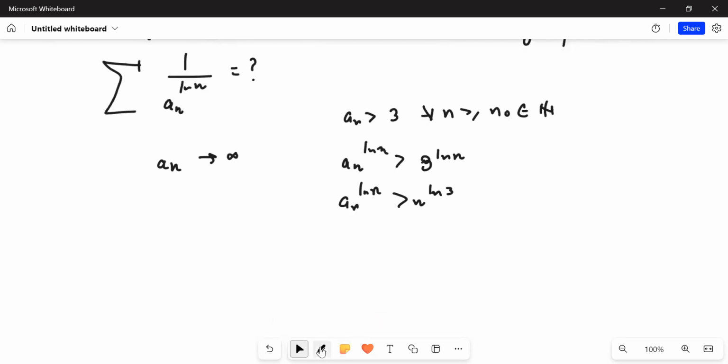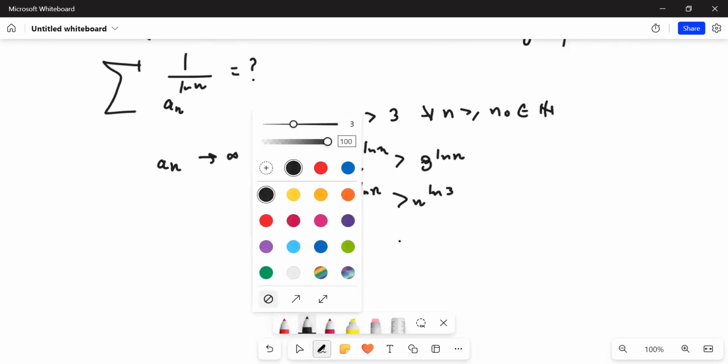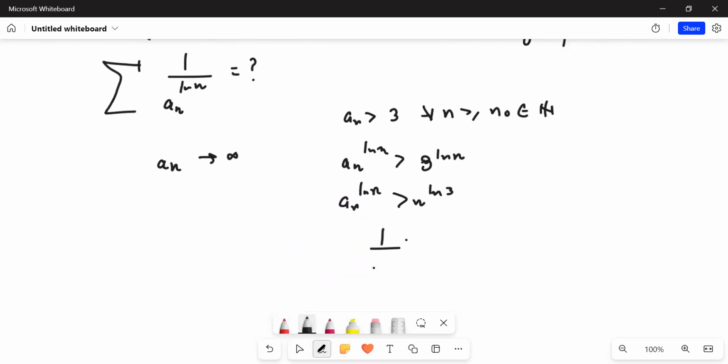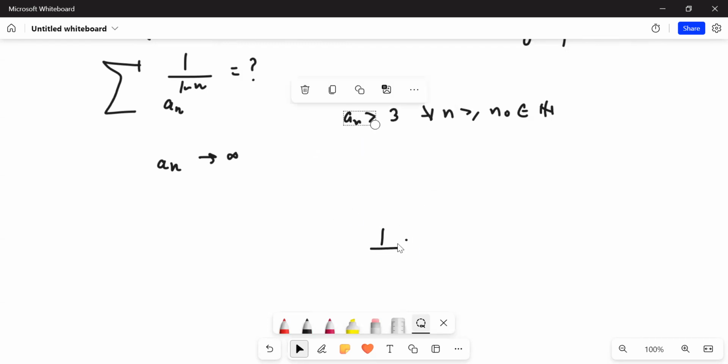So 1 upon, so I'll write 1 upon, okay, instead of using the comparison test, I'll use something else. See, just give me a minute. I'll use that so that it will be understandable. Okay, so an can be made greater than 3. It implies that